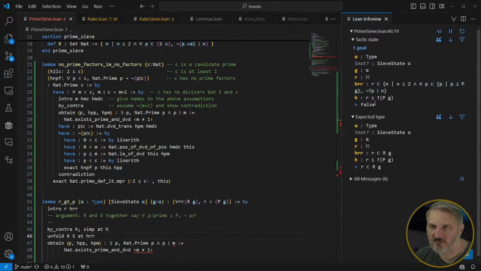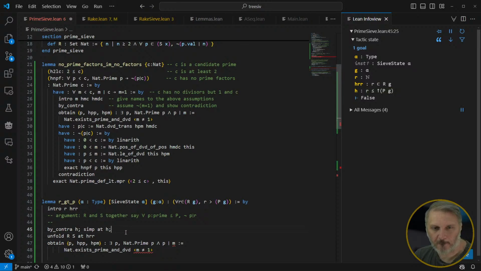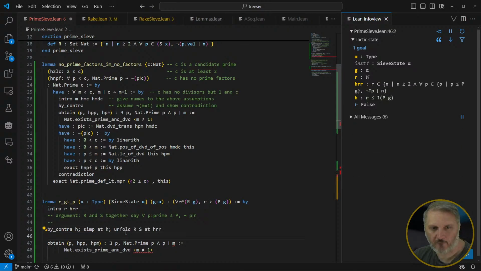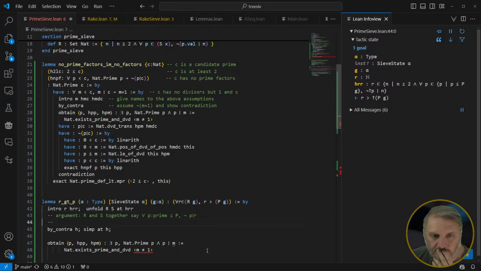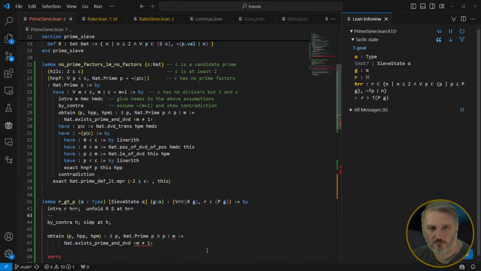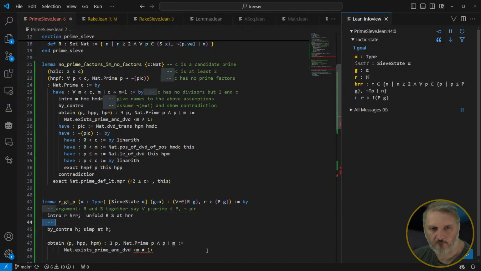So we get this nice thing. Okay. And we can actually move this up here, so it's the first thing we do. So we unfold that. We should be able to show a contradiction based on